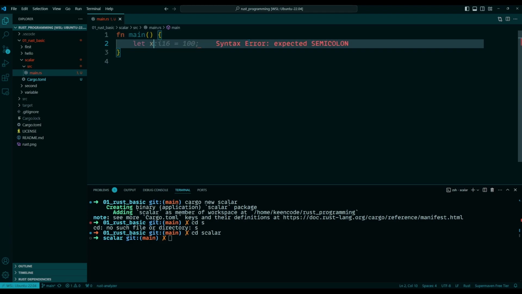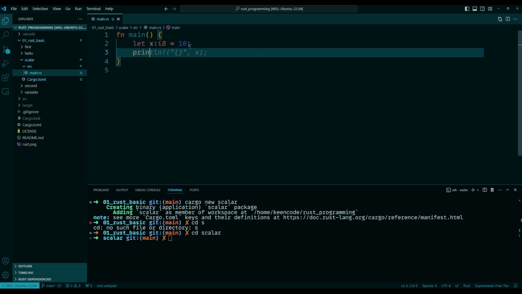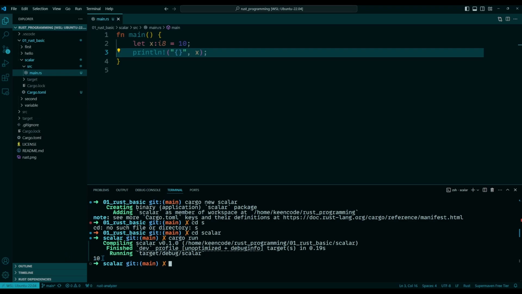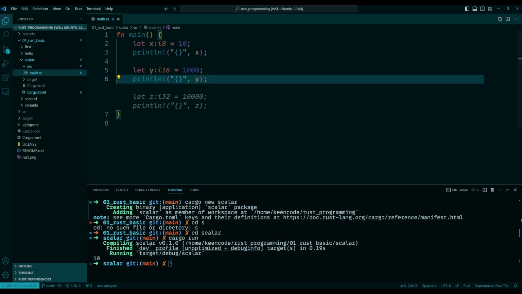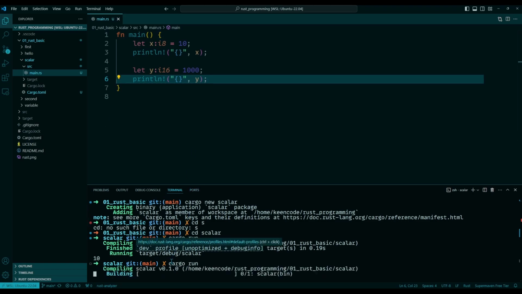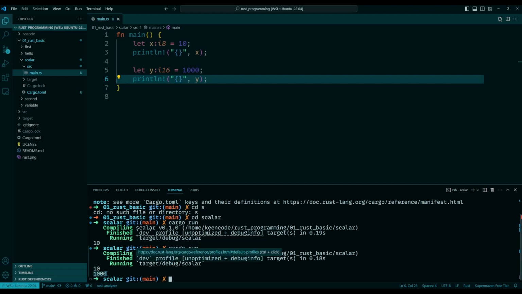So how can we do that? let x is equal to 5. This is the syntax that we have seen in our previous video. But if we want to define a type of this variable, then we are going to use i8. This integer is now considered an 8-bit integer. And if we print this variable and run this program, here you can see that the value is now printed in our terminal. Again, if we want to define a variable, let's say y of type i16, and the value would be like 1000. And if I print this variable and run this program again, you can see that 1000 is now printed in our terminal.